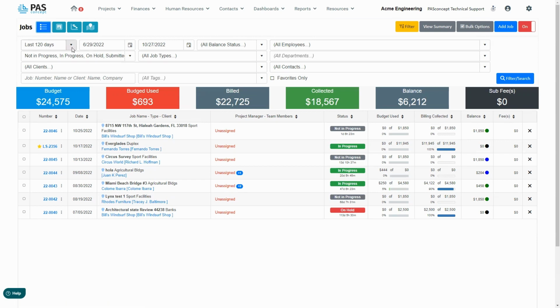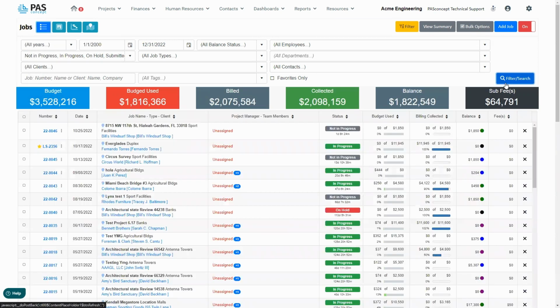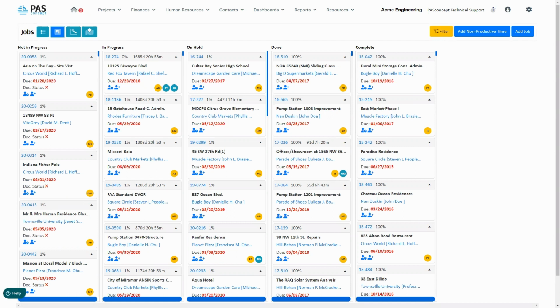Now, outside of this list, and let's go ahead and move this to all years and see the full list. Now, let's hop over to a different view. The next view down the line is going to be our Kanban view. As you can see, as mentioned before, we have various columns showing the different statuses. Now, in my company settings, I can show which statuses I want represented as columns and which I choose to hide. It might not make sense to have, for example, an inactive column where you have all of your inactive projects. But for your company, that may make sense.